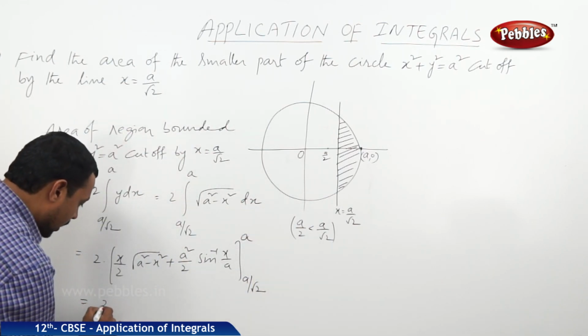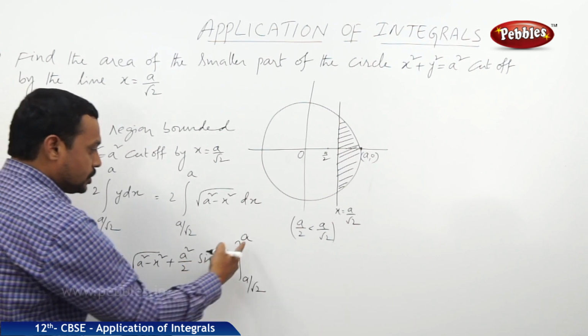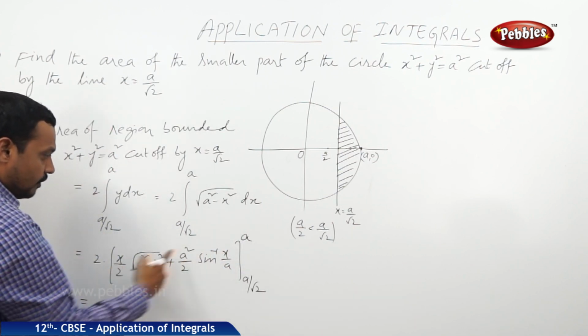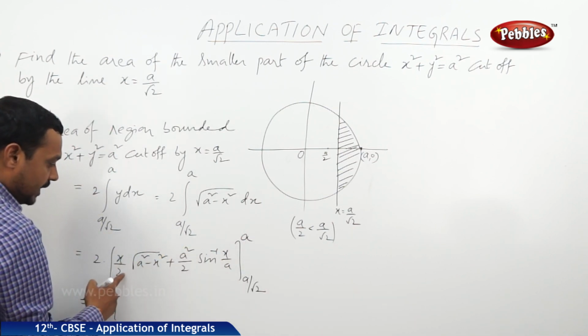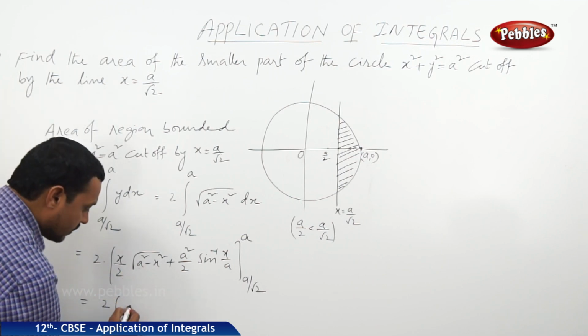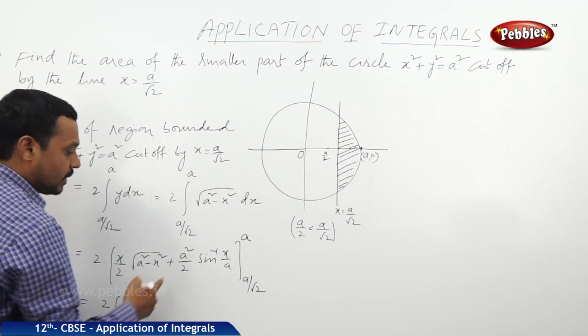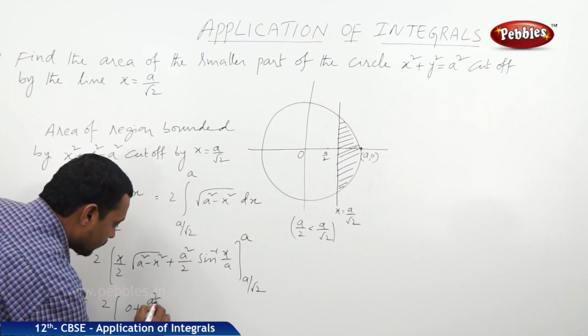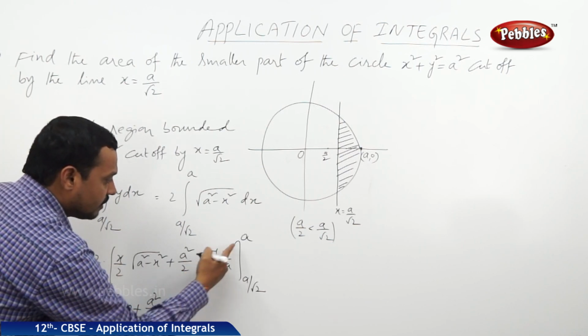Now this is 2 times of, substitute the upper limit first. When we substitute upper limit, a by 2 into root of a square minus a square is 0, plus a square by 2 into sine inverse a by a,